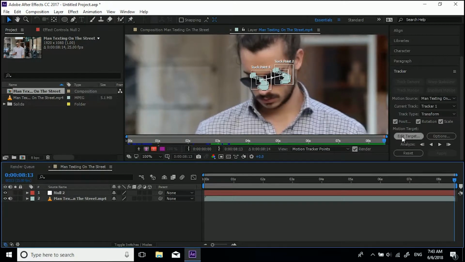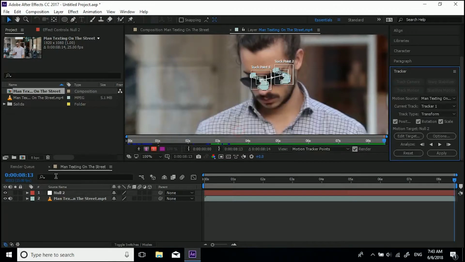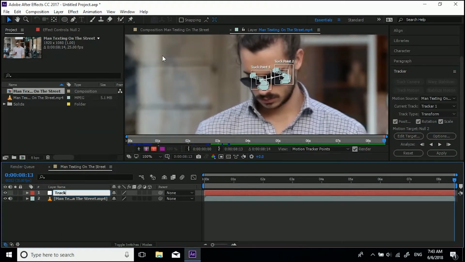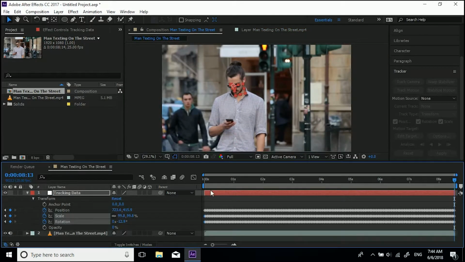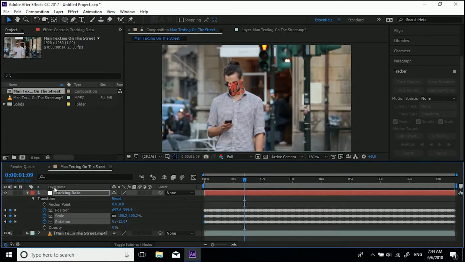Okay, so we want to come back across to Edit Target, and we want to make sure Null 2 is selected, and you can rename that if you want to Tracking Data. So right click, rename, Tracking Data. Okay, and then we want to keep it selected and hit Apply, and then apply to the X and the Y. So that data is now applied to this null object, this blank square follows along, and